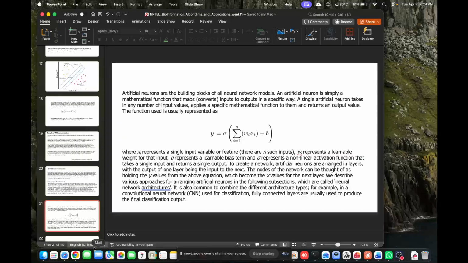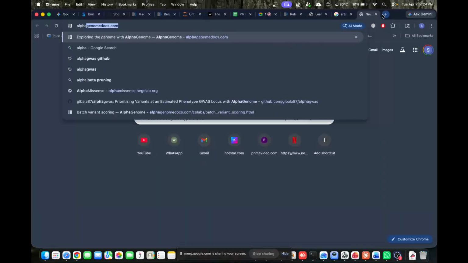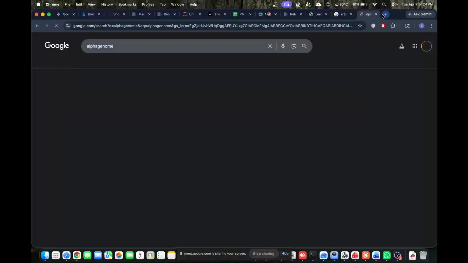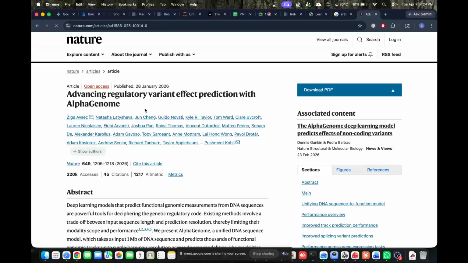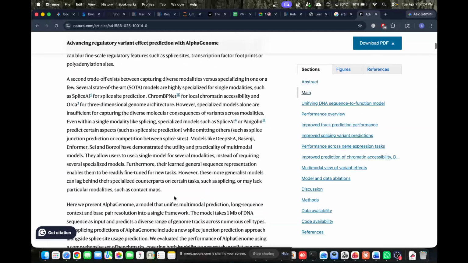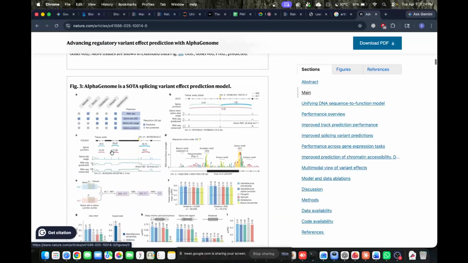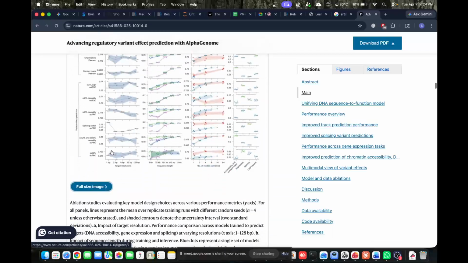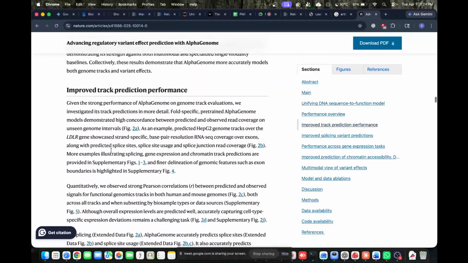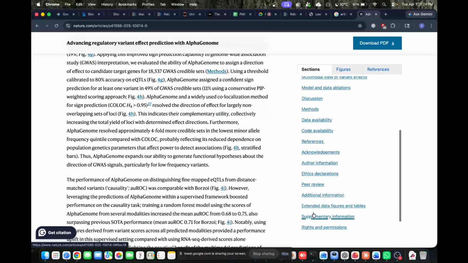And one more small thing that I want to highlight is AlphaFold. Probably you guys are familiar with it, but one paper that has come out recently, a 2026 paper in Nature, is AlphaGenome. Here also they are using machine learning and deep learning models to predict the functional effect of a particular mutation, right? The models are not described here; here all the data is described. So I think if you go to the supplementary information,